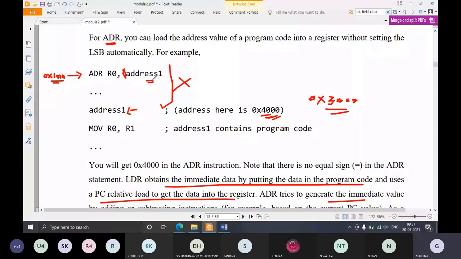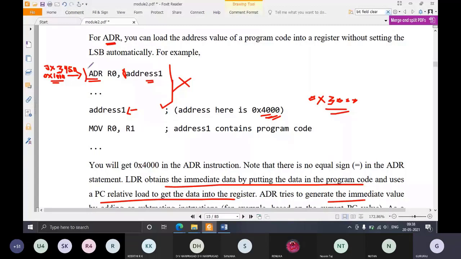So ADR should be used whenever the code size is very small. For example, let's say instead of 1000, this is located at 0x3950. So this is where this instruction is located, ADR R0, address.